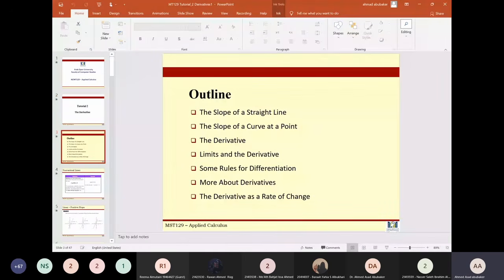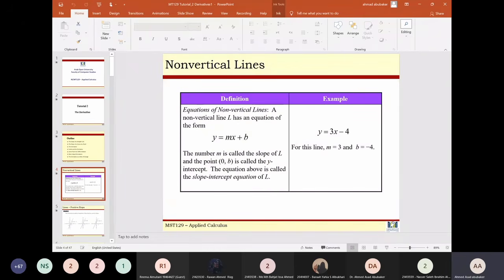How can we find the slope? How can we find the equation of the line? How can we find the tangent line, the derivative, the limit or derivative by limit, some applications of derivatives, and so on. Okay. Now, in general, the line